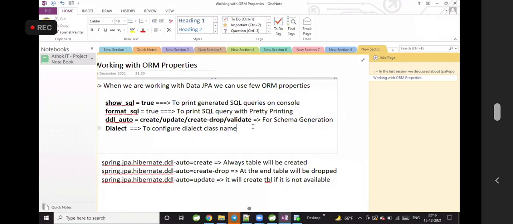Do you understand the purpose of those properties? Okay, cool.